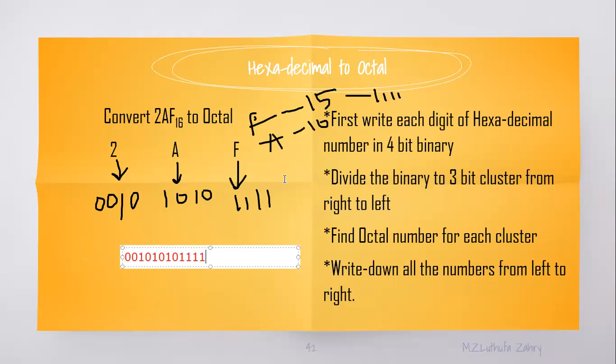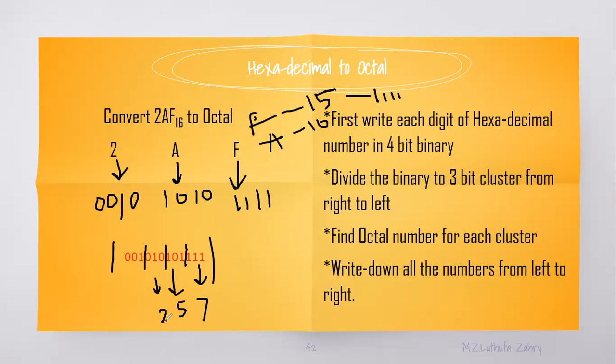Okay, this is the number. Now what you have to do is divide it in 3-bit format, 3-digit format. So you are getting it. 1 1 1 will be, by the table, 7. 1 0 1 will get 5, and this will be 2. 1 0 is 2, and this is 1. So 1257 octal number is equal to